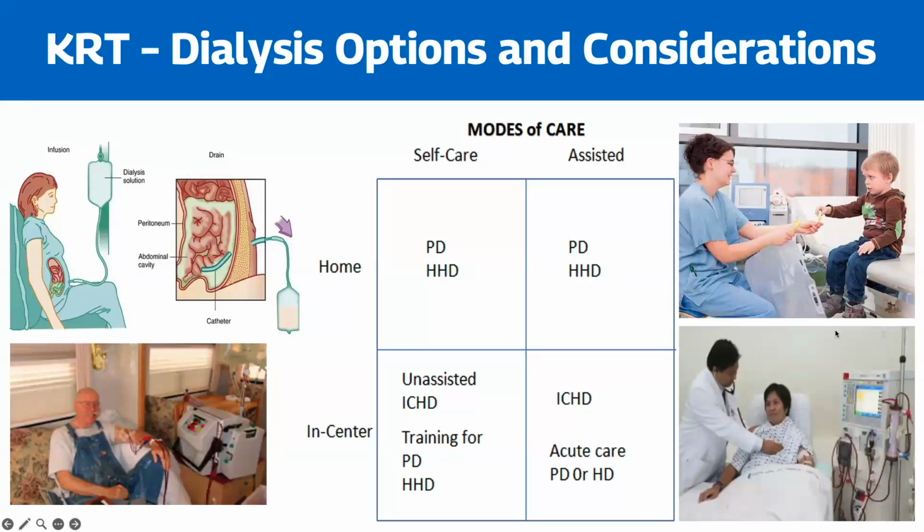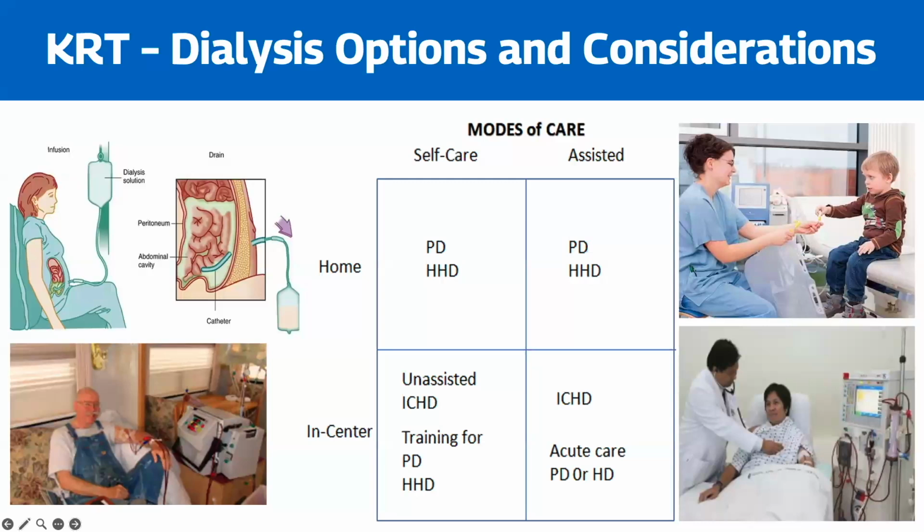So while transplant is going to be the kidney replacement therapy with the best outcomes, the majority of patients begin kidney replacement therapy on dialysis, primarily because preemptive transplant is a complex, time-sensitive, and donor-dependent option. As you have seen from the previous data slides, the vast majority of incident kidney failure patients fall into the assisted hemodialysis realm because